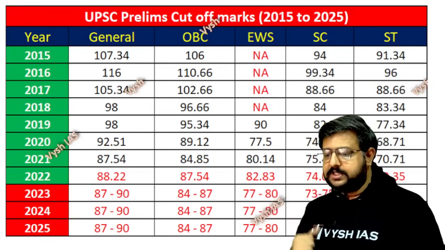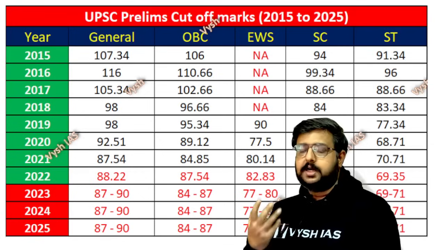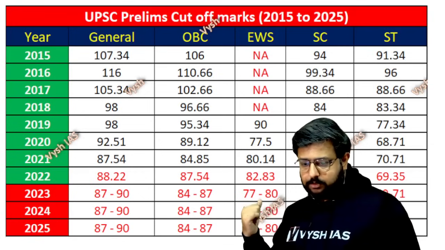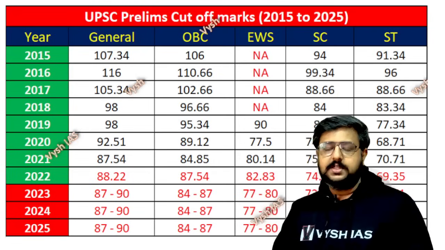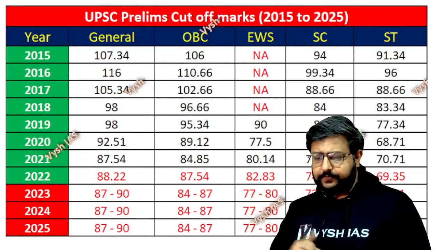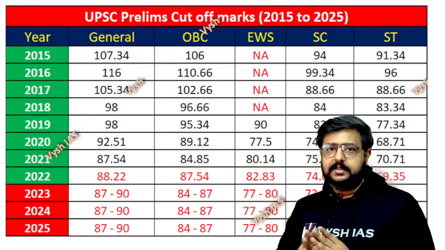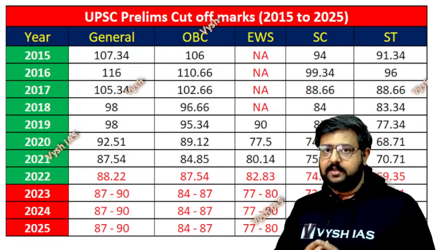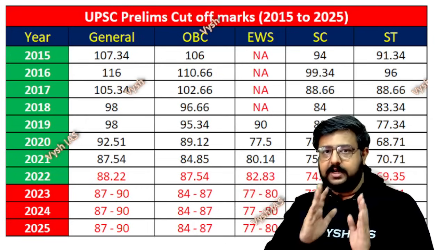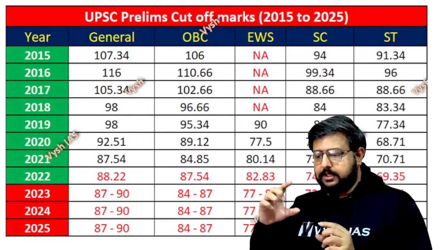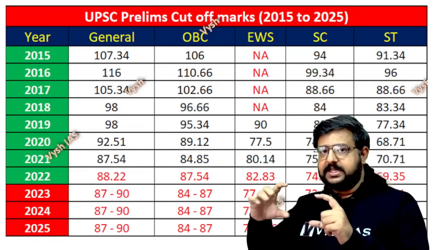Here if you see the cutoff, which used to be 100 plus once upon a time, in 2016 I remember it was 116 in those days. Then 105, 98, and then it went on going lower. The pattern didn't change, nothing changed, but the toughness level changed. The syllabus is the same, every word in the syllabus is the same all these years, but the questions they asked and the options made it